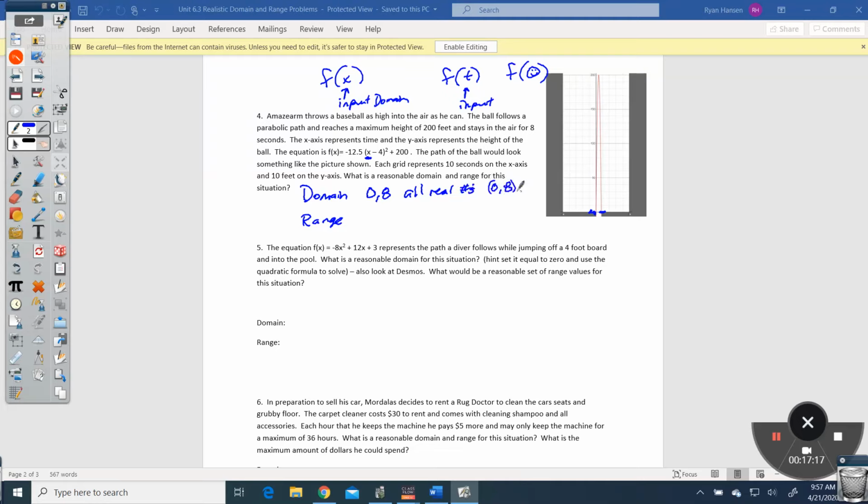Now realize if it wasn't the story problem, we could have this time going backwards and forwards and we'd have to use it all. But since we know more information, we can say, no, this is only between 0 and 8. The range, it reaches a maximum at 200. So the range is from 0 to 200. So all real numbers